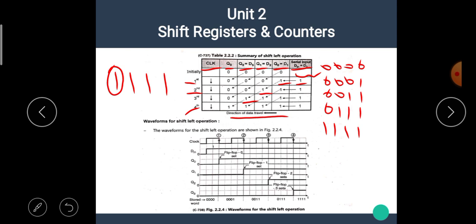Okay, this operation can be verified or can be seen on the timing diagrams. In this timing diagram, the first signal is the clock signal. We know that the clock signal is a perfect square wave having 50% duty cycle. Then the data in, this is the data in, and it is